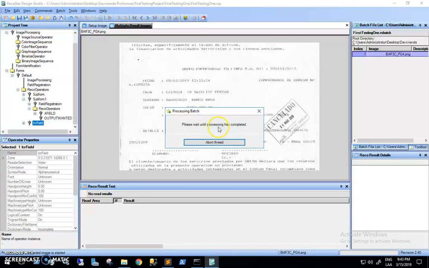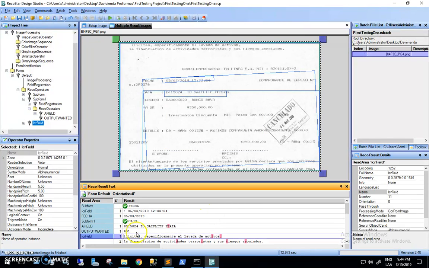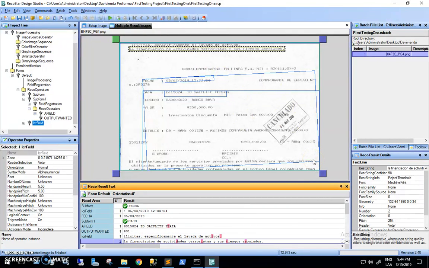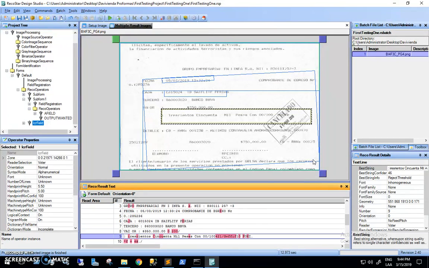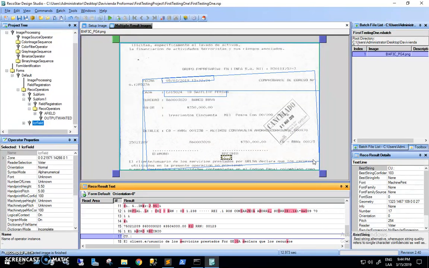So I'll go ahead and do it, and we'll see it. It's going to take a little while. But after that, on the ICR field, we have all the lines as we see here. If I go down the lines, that's going to be highlighting everything that it found in the text. So you are able to work with an ICR field for the entire thing,